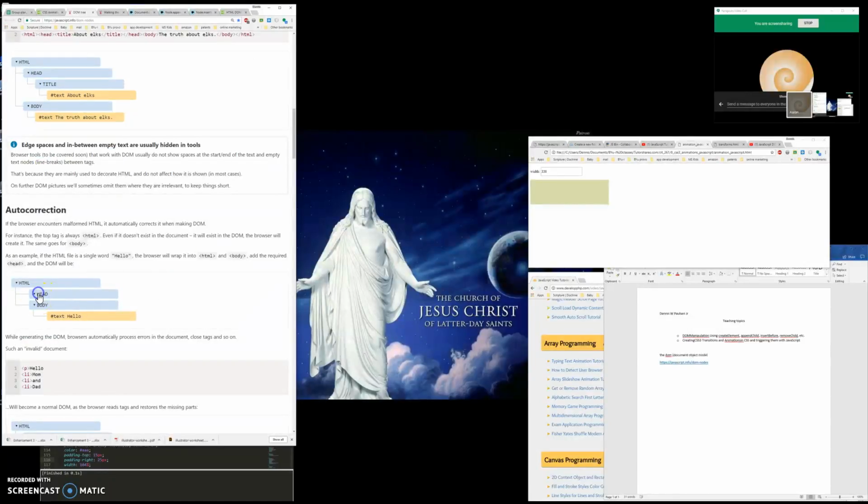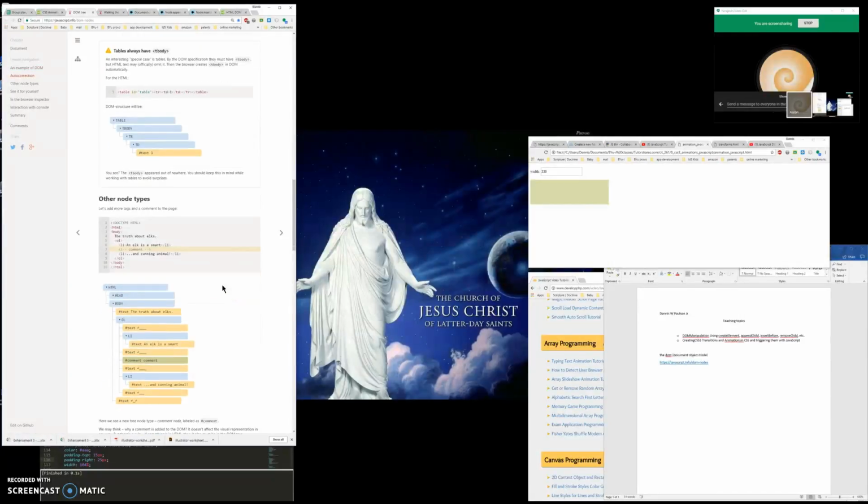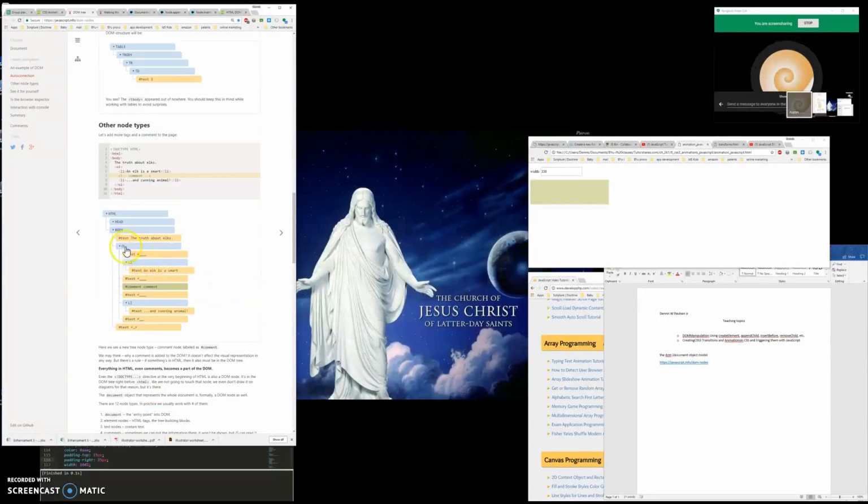These are mostly interactive. Let's see. So as far as, okay. Well, essentially, the body and head here,